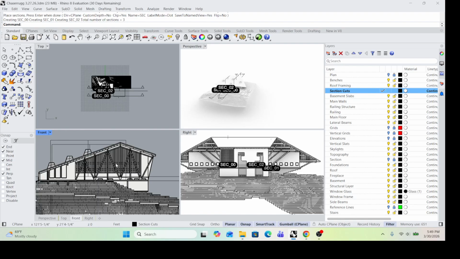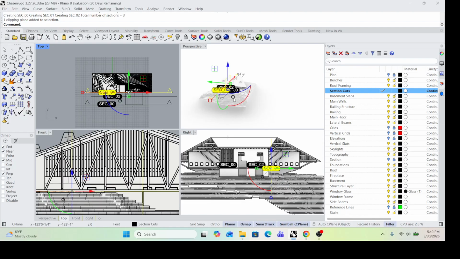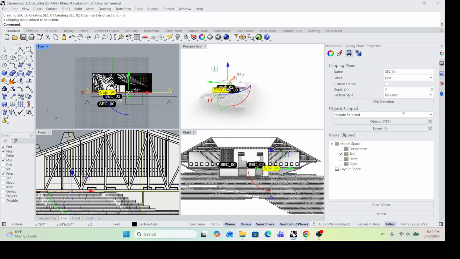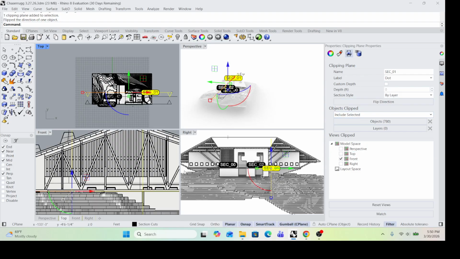And so now you can see what's happening. This one, I'm going to click on it, and I'm going to come into properties. And you'll see all sorts of great information. I can decide which view it applies to. There's also a saved name view with this now. And I can flip the direction. So I want it to be from the front view, not the top view. And I want to flip the direction. And you can see now,